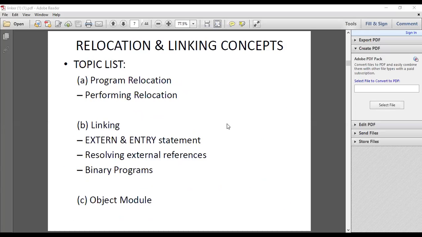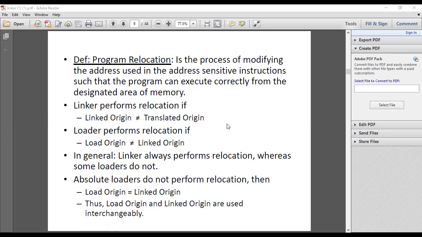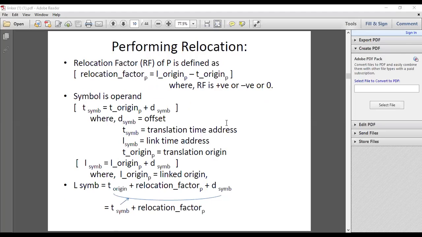Okay, so in the relocation and linking subject, we have seen program relocation, in which we discussed the address sensitive program. The address sensitive program is one in which the addresses that are required to be relocated are present. Program relocation is the process of modifying the addresses used in the address sensitive instructions. To perform this, we have the formula for the relocation factor.